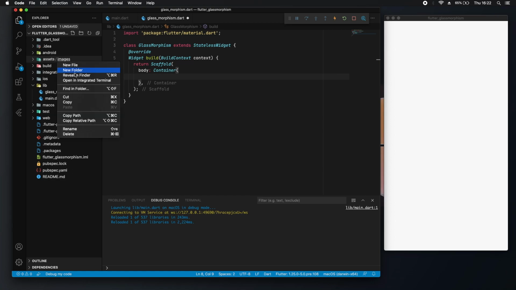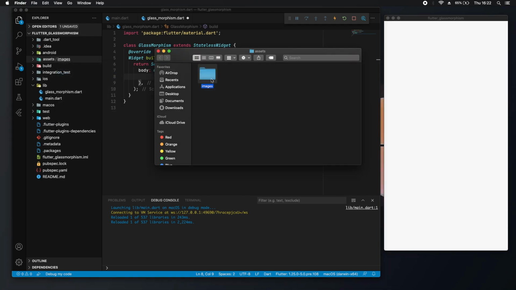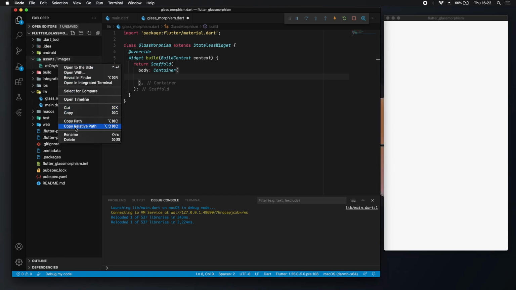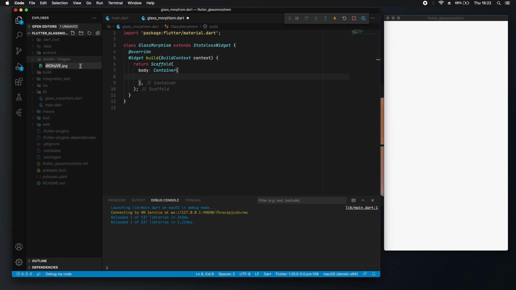Let us go to the images folder and paste our downloaded image here. This is the image that I have downloaded earlier. Let us rename this to a simple name. I will name it bg.jpg,